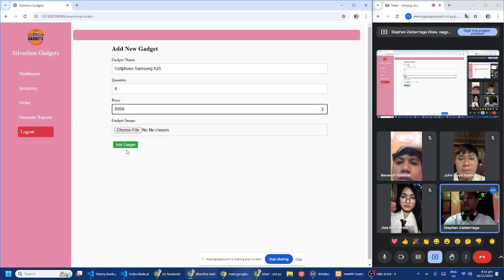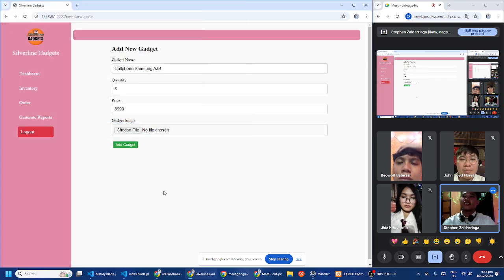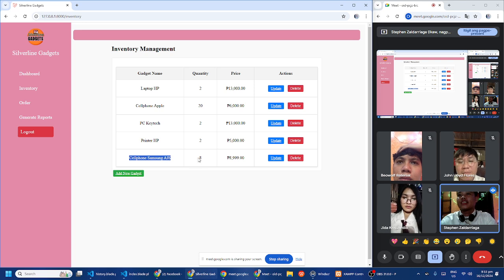Add gadget. About the gadget image, you can choose a file. There is no image to save, but let's shortcut. Let's go to the add gadget. This cell phone Samsung EGS 8, and the price.